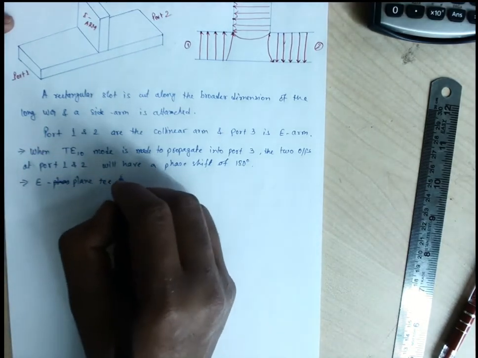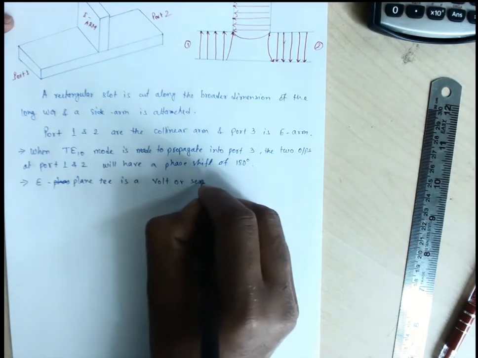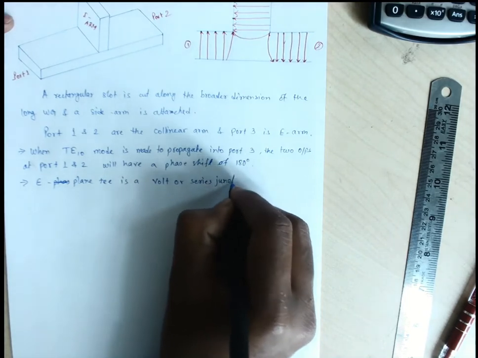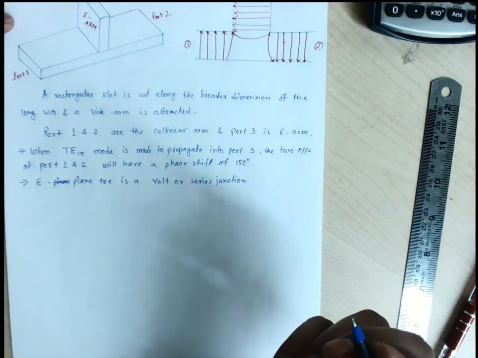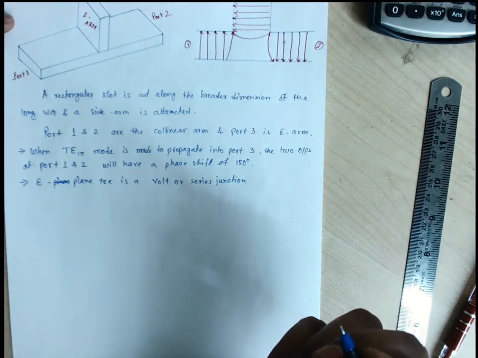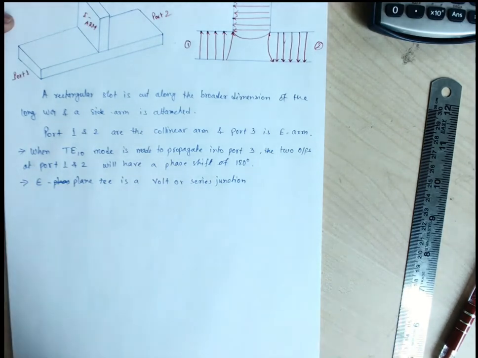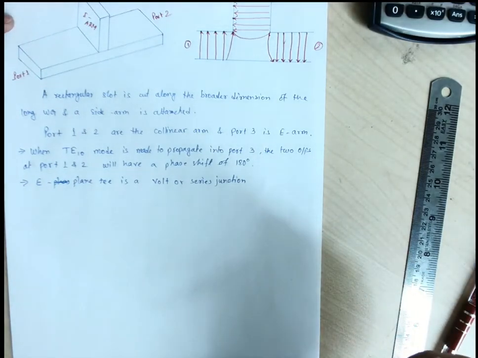E plane T is a voltage or series junction. H plane T is a current or parallel junction, because on the parallel path the currents get added. So E is compared with the voltage, when these voltages get added, it is having a series junction. H is compared with the current, so when this current is added, if the currents are being